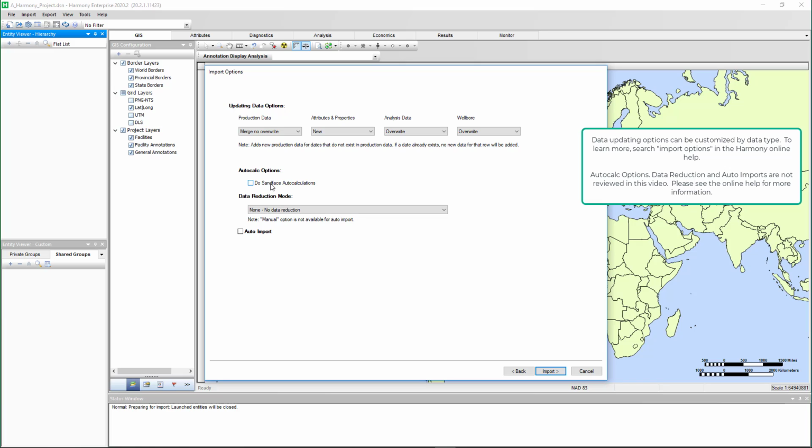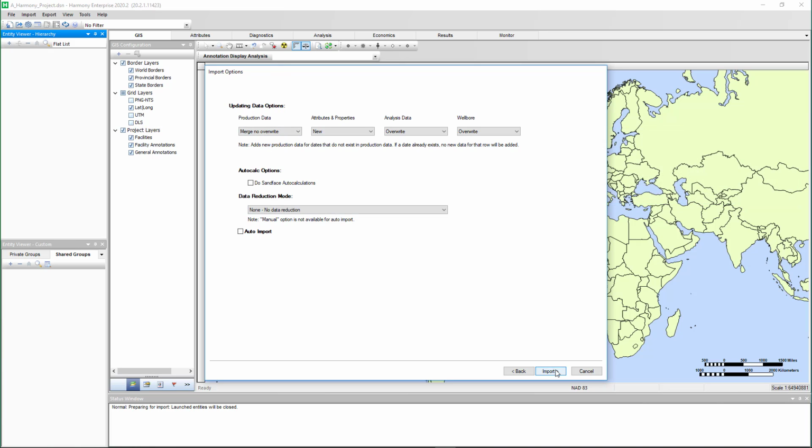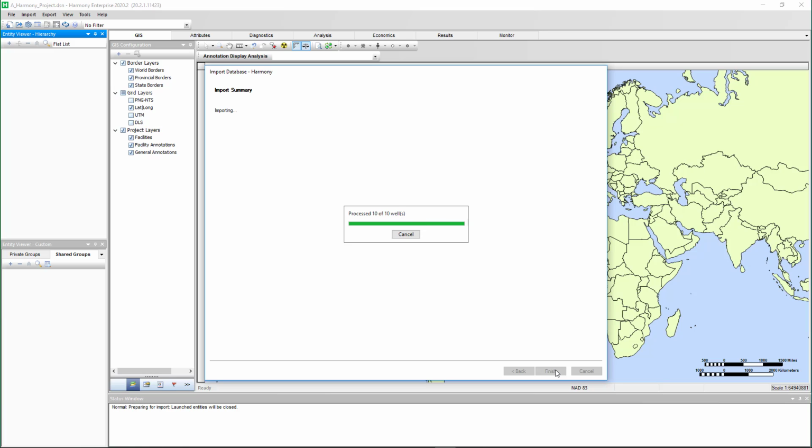There is an option to auto-calculate sand face pressures, again beyond the scope of this video, but that option is available to you, as well as an auto import, which again is covered in another video. If wells do not exist, if they're being added new, then these update data options would not apply. So all I'm going to do is click Import, and it's going to run through and import those 10 wells